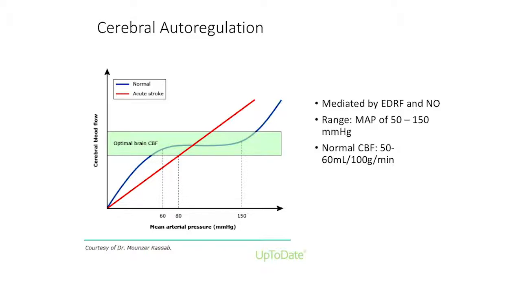Okay, so like Dr. Matiba said, you need to maintain the mean arterial pressure between 50 to 150 to maintain cerebral blood flow. Now, the effects of decreased